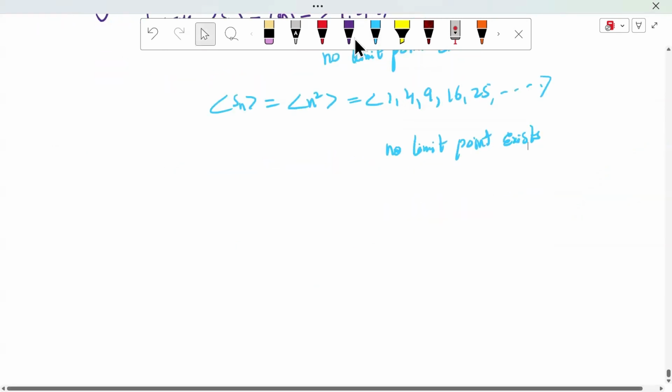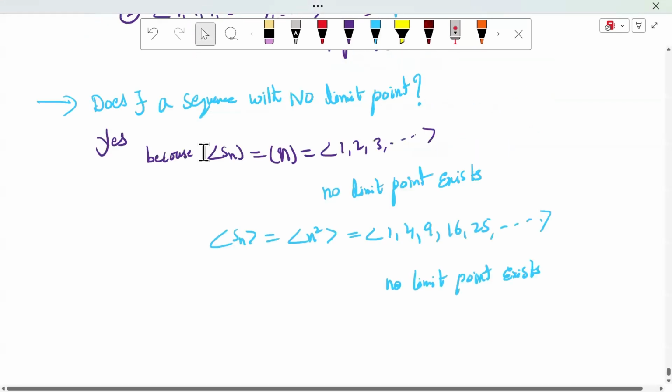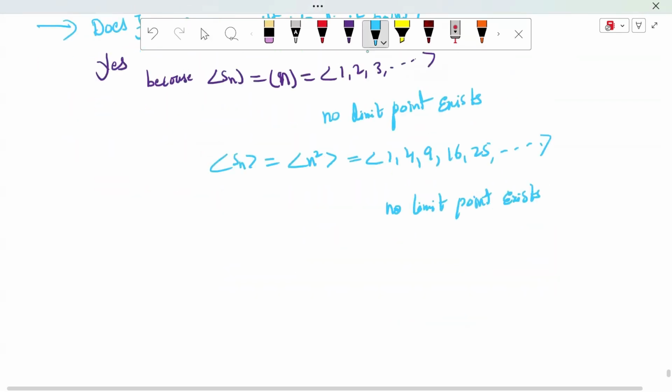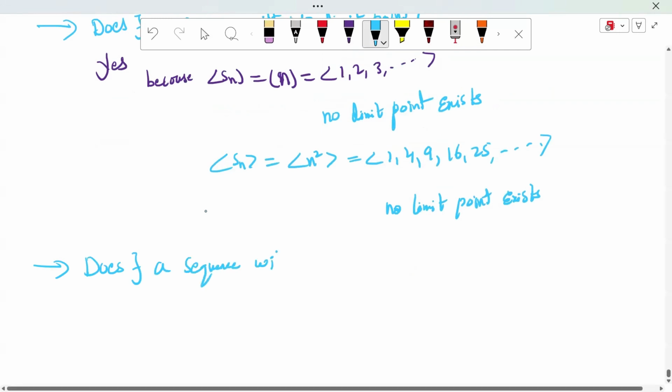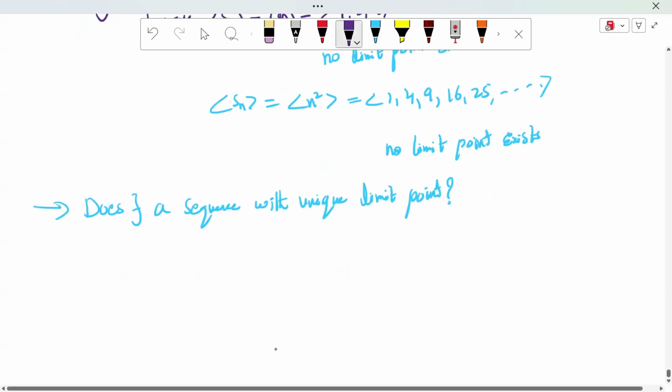Next question, sir. Does there exist a sequence with a unique limit point? He is asking whether a sequence with a unique limit point exists. Does it, sir? Very good. Yes. Because, for example, students,